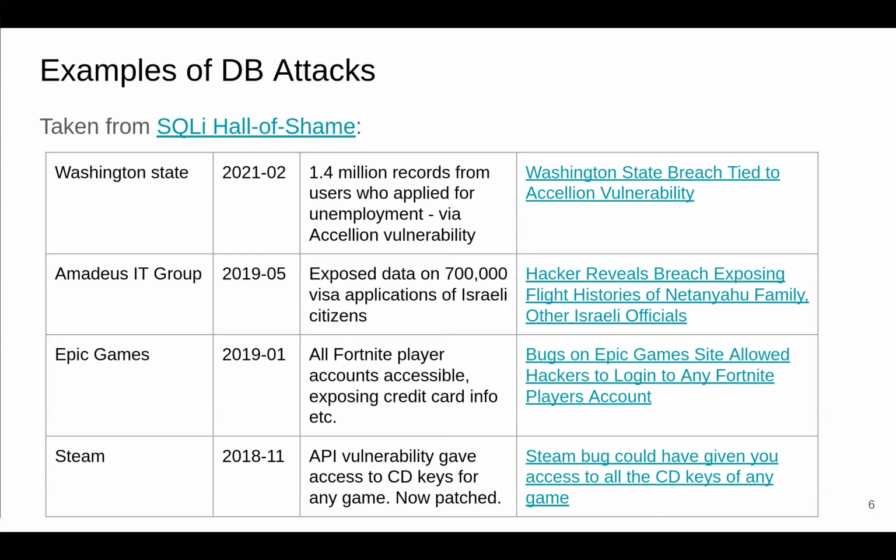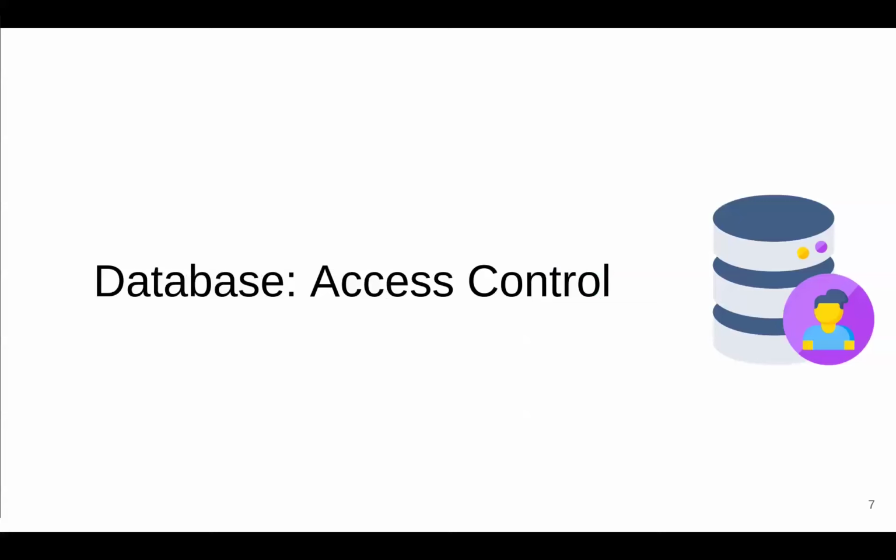Washington State, more recently, had different records exposed for anybody who applied for unemployment benefits. So it's a fairly severe list of information. You see, all of these companies have quite a bit of private information available. So clearly data is worth protecting and needs to be protected, which brings us to database access control. We've just spent 3 hours talking about authentication and access control. What else do we need? Why did we just talk about all of this?